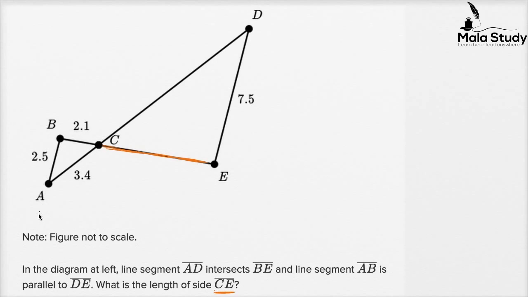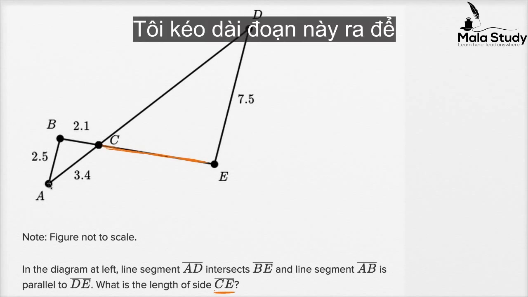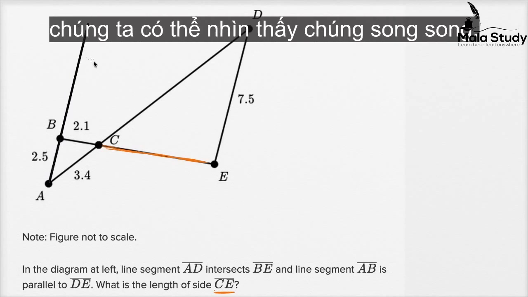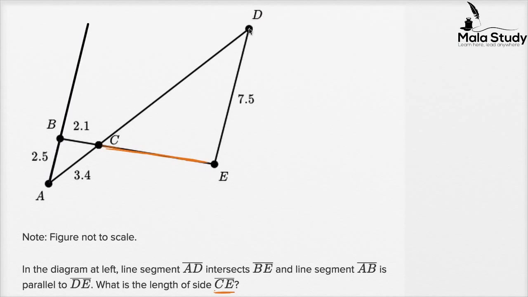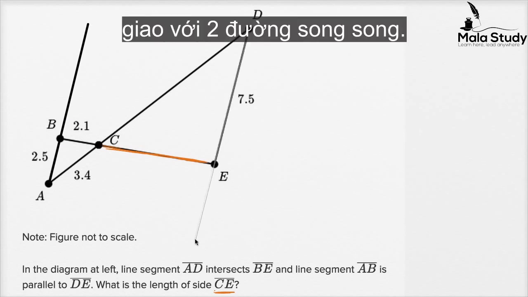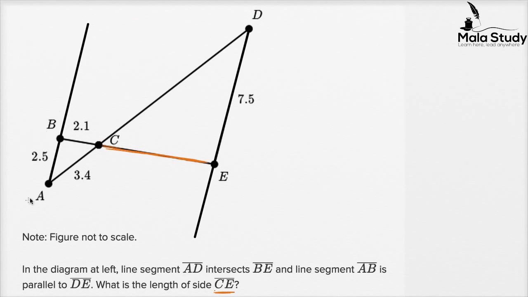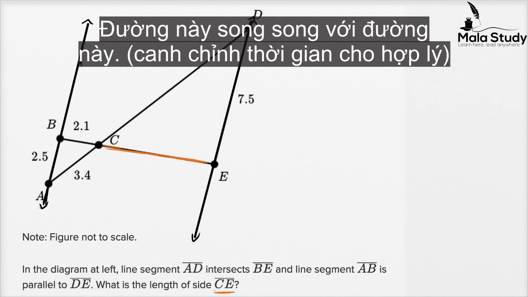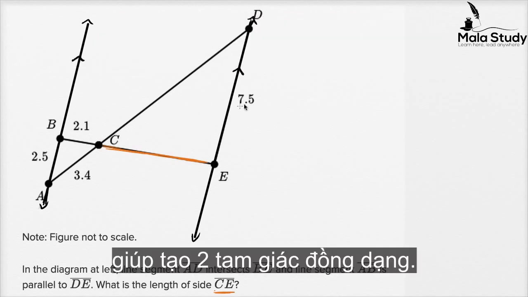And actually, to think about that even more, I'm going to extend these segments a little bit so that you can really start to see that they are parallel lines and that we have two transversals that intersect those parallel lines. If I wanted to extend this as a line, I could keep going in both directions. But the bottom line is that these two things are parallel. That is parallel to that. And that's going to help us establish that these two triangles are